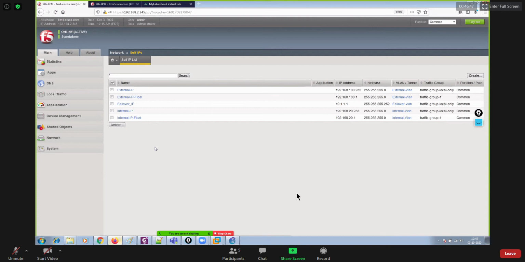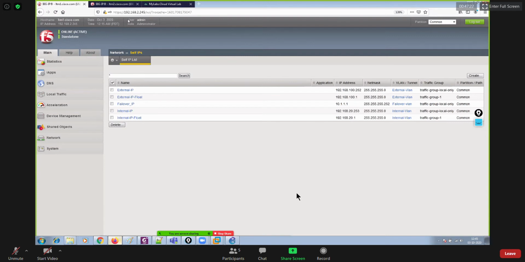But this is the pretty basic configuration that you have to do. At least you have to create VLANs, put interfaces into their respective VLANs, thereafter create self IPs, and make sure that you are allowing the port number for the failover configuration. I'll let you know what the port number used by the BIG-IP for failover is. But that's something which is already part of the default, right? By default, all interfaces are locked. But if you remember, during configuration, I allowed the default ports.